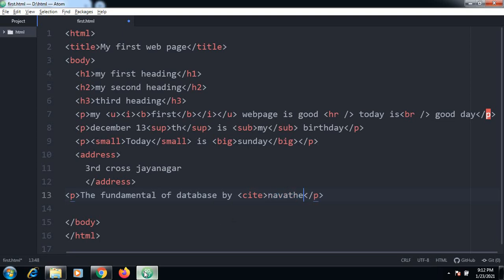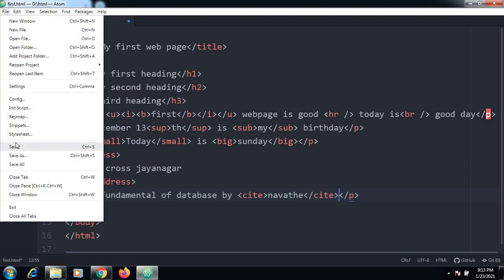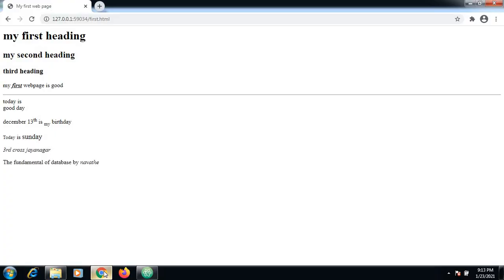So I can close this using the cite. Just go and save this. So this is turned into italics by using this particular tag.